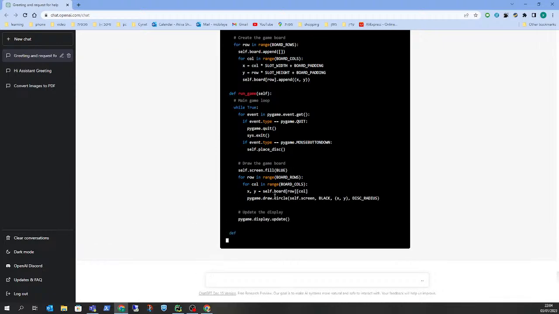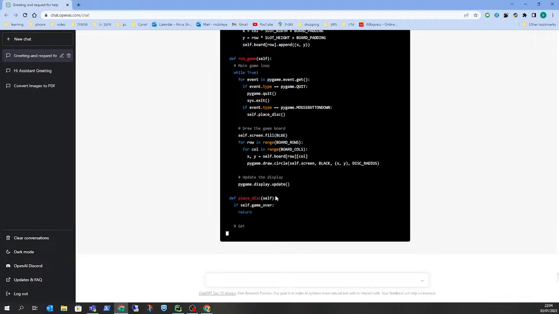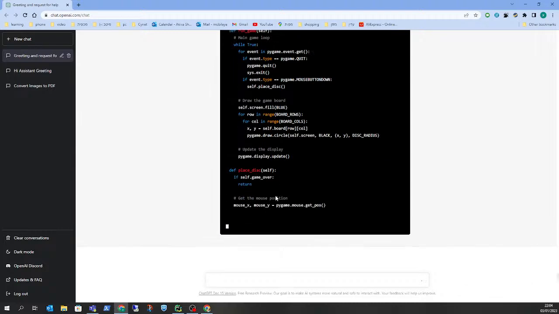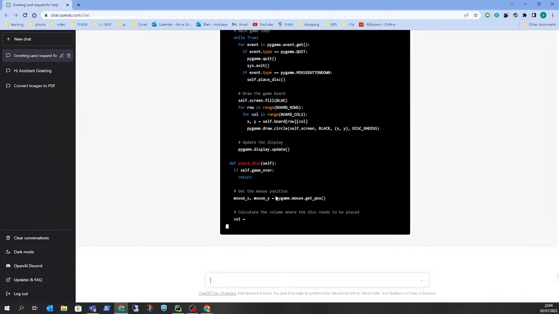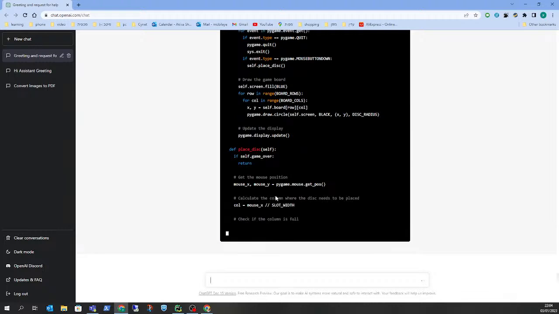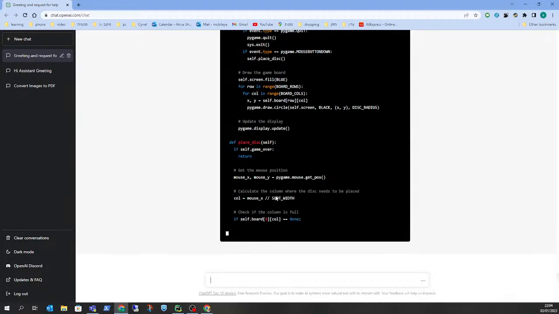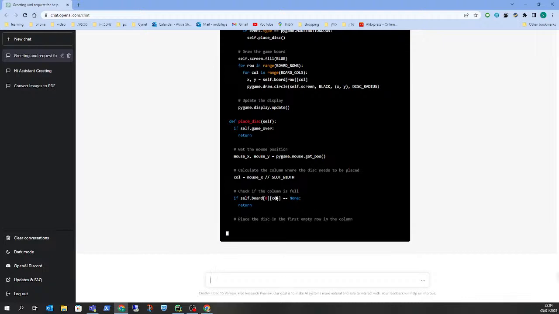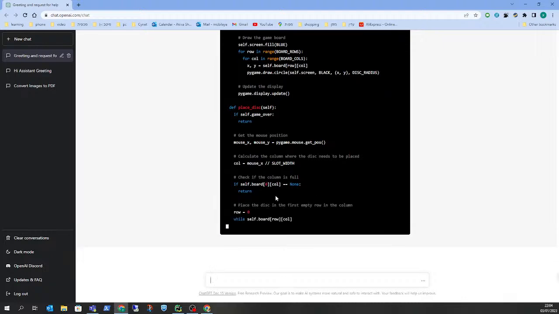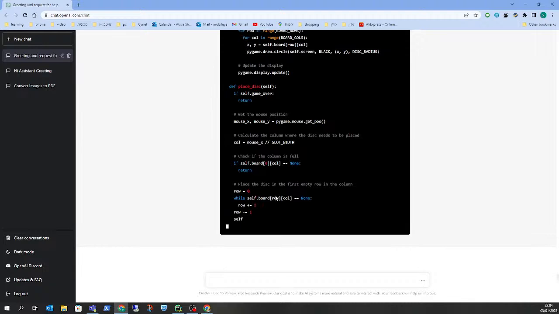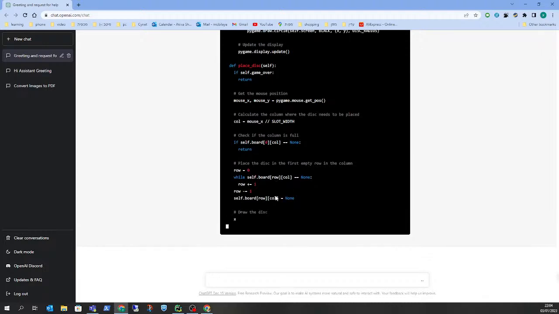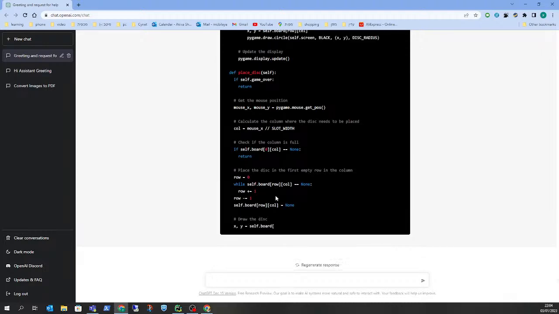And main game loop just means it's running forever until we close the window or press the exit button if there's one. Place the disk in the first empty row in the column. This is the same logic as we saw before. Let's hope this time it will give us the rest. I just talked and it didn't give us.